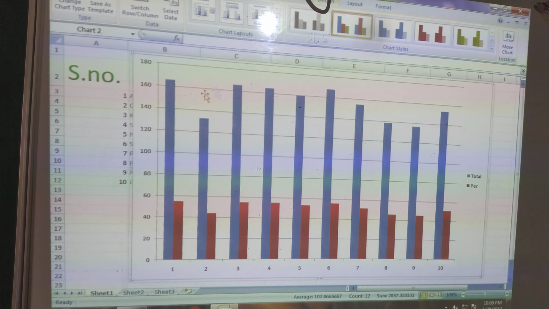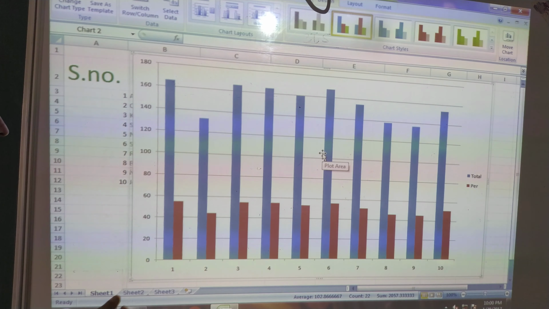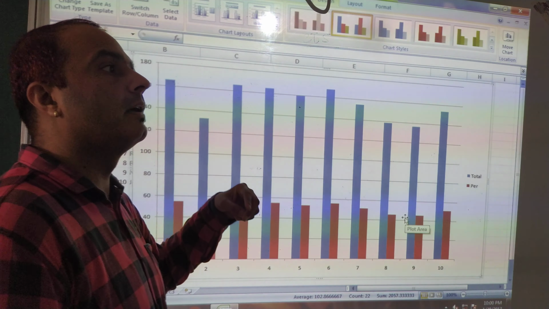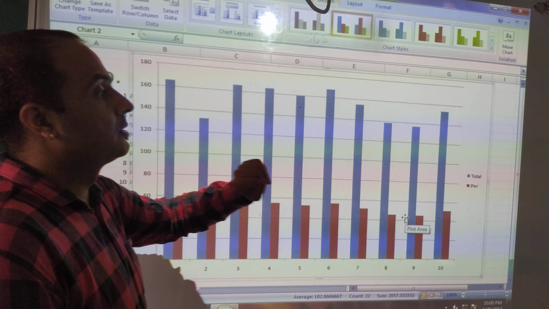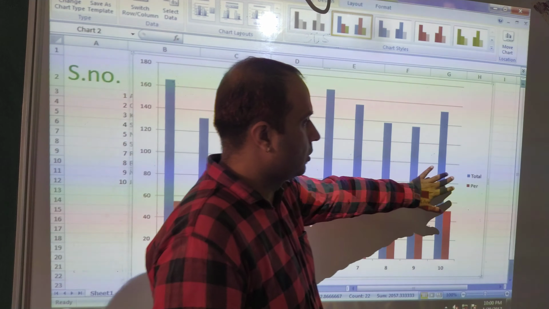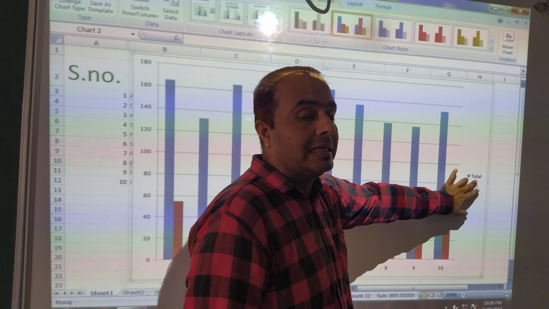You can see these are the range. These are the different series. It is based on your data, whatever you have put in your Excel sheet. So this is all about the data or the different series. If I have two values, or I am making a chart depending on two series only, that is total and percentage, then you can see that total and percentage are showing in this area. This is called the legend.